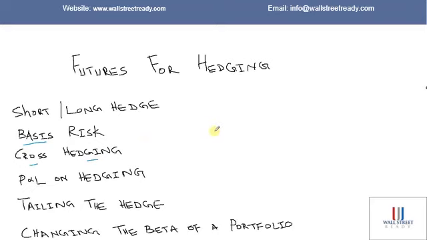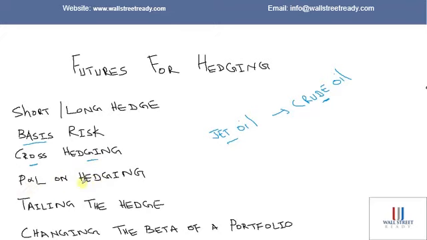So for example, you're hedging jet oil. You have an exposure to jet oil, which means jet oil prices can go up and down, but you're hedging that with crude oil futures. As you can see, these two are not the same commodities. They are two different things. So that means these prices will not be moving in the same way. So that's what we mean by cross hedging. So you'll learn about cross hedging, and then also P&L on hedging,